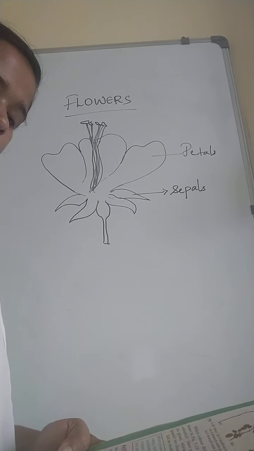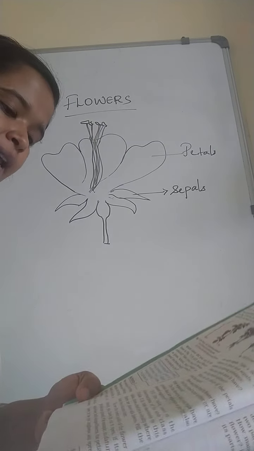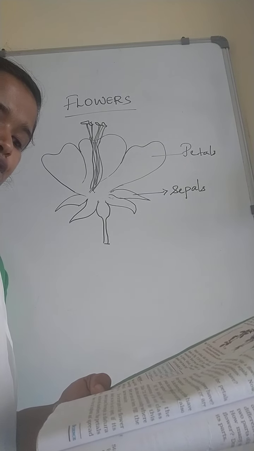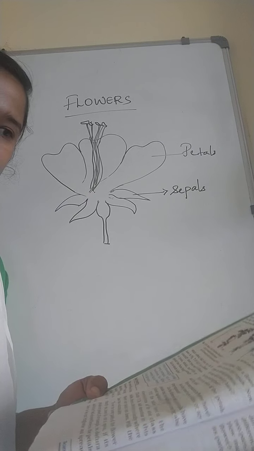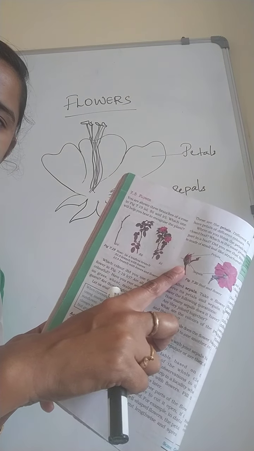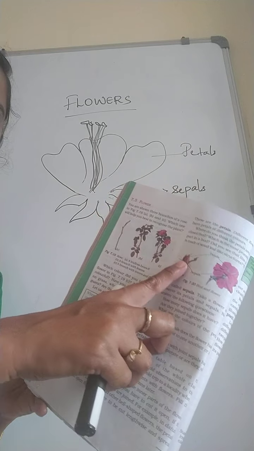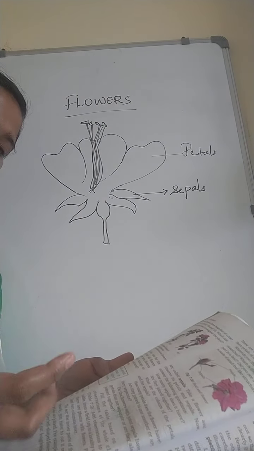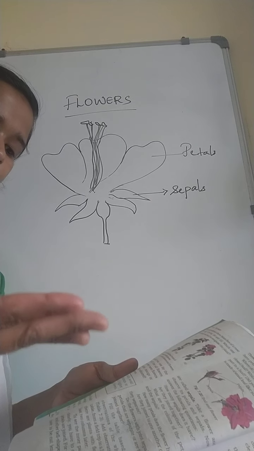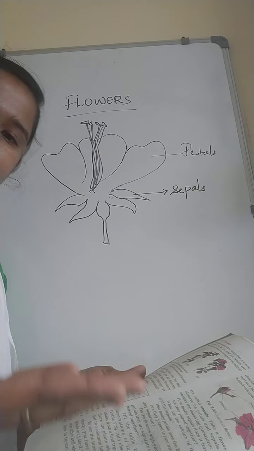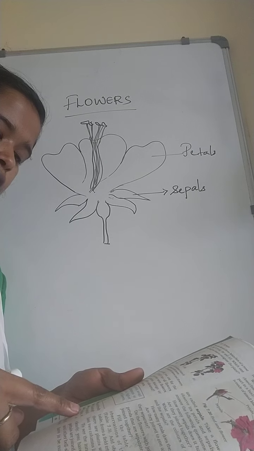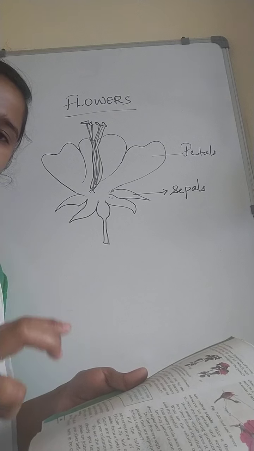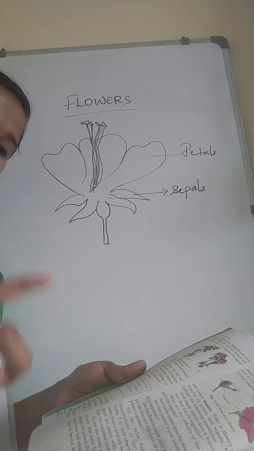Okay. So here what they ask you to do is Activity 10. We will require one bud and two fresh flowers each. Okay. Bud means this is the bud and this is the flower. So we need one bud and two fresh flowers. We can use any rose, China rose, or you can use mustard, brinjal, any flowers. Also a blade and a glass slide or a sheet of paper. So you take a blade, a sheet of paper and a glass slide.